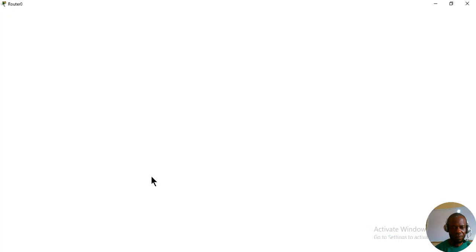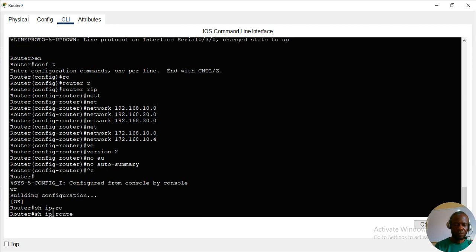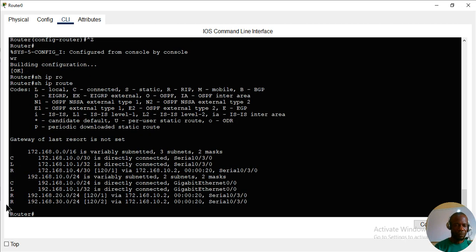router 0's routing table. Show IP route. You can see the routes here. See the last router, which is router 2, its IP address was learned on this link. Look at router 1, which is the middle router. This is the LAN address. Anywhere you see R means the route of the other network that is in the